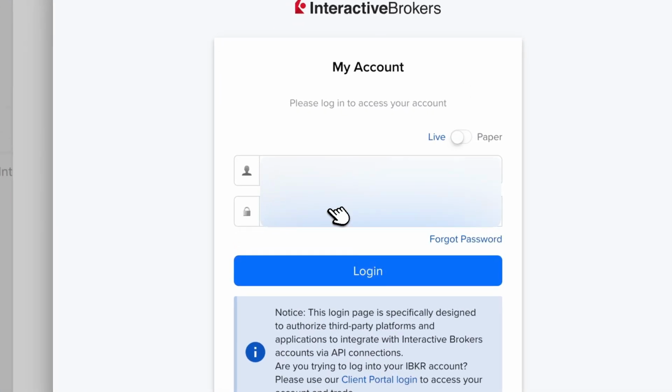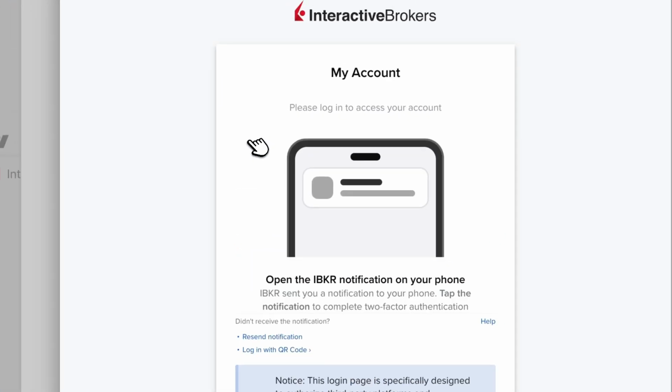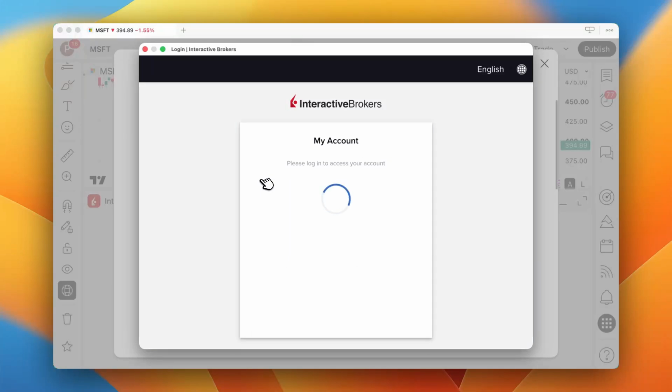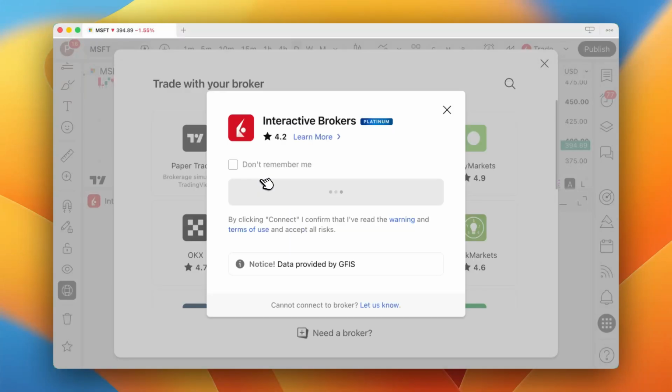Then click login. Now keep your phone handy because you will probably have 2FA enabled on your account, and make sure to open the IBKR account. You will get a notification, click on it, and then click on authorize. After the authorize, you will have to log in on your phone, and